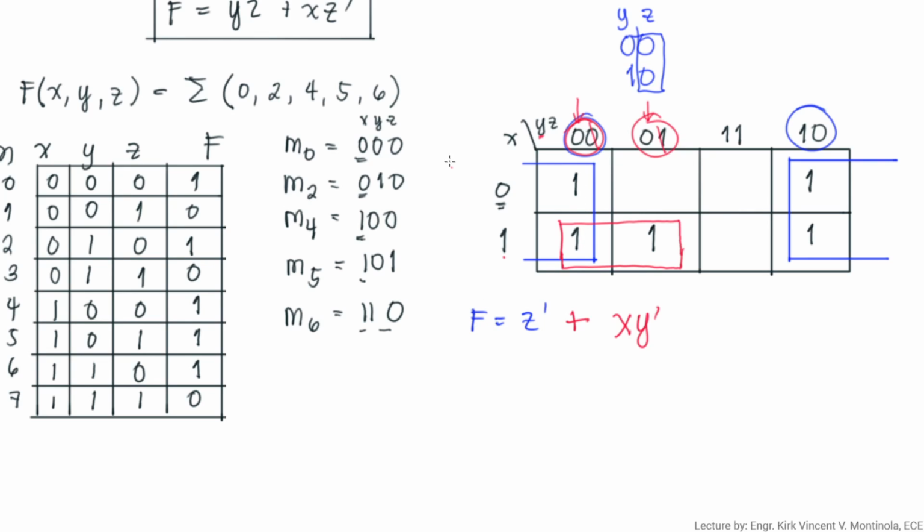Okay, so that would be your simplified or minimized Boolean expression for this truth table. Ito na yung sagot mo diyan. So, ganyan siya kadali gamitin ang Karnaugh map. Okay, wag ninyo lang kakalimutan na ang ating groupings ng 1 lagi sa ating Karnaugh map is in multiples of 1, 2s, 4s, 8s, and 16s. The more na marami kayong mag-group by powers of 2, the more na simpler yung ating Boolean expression.